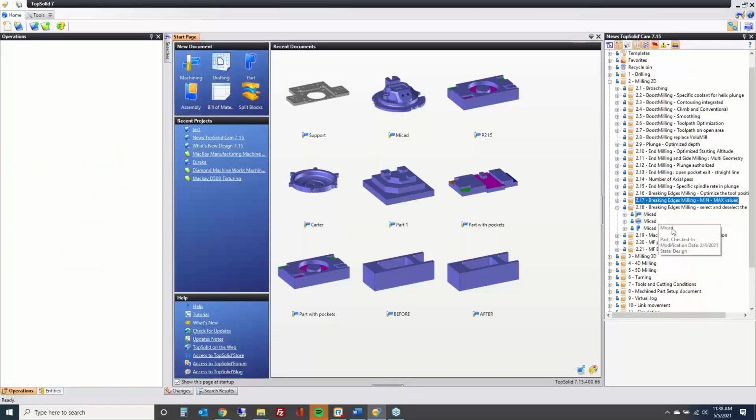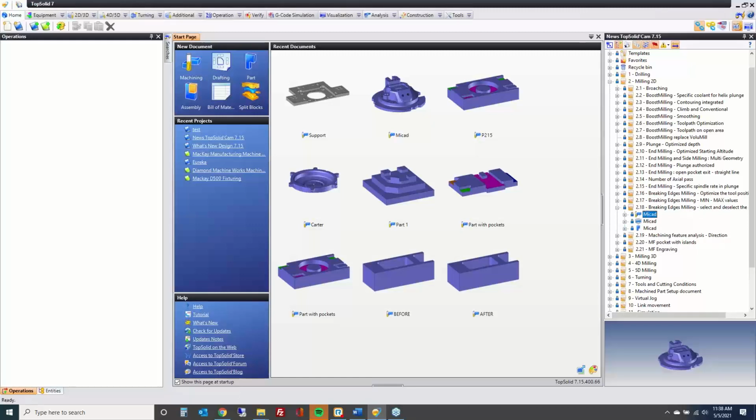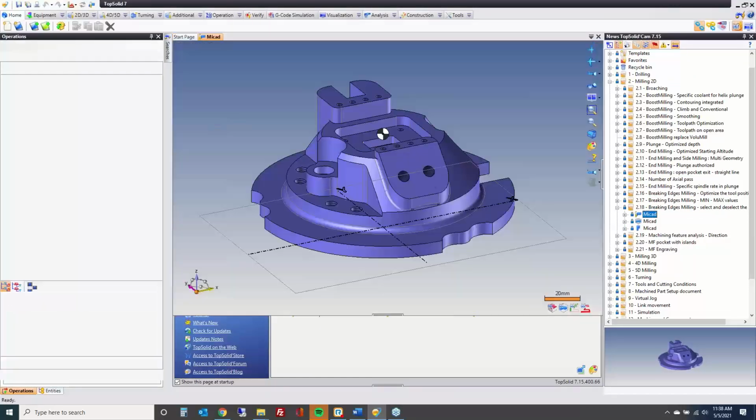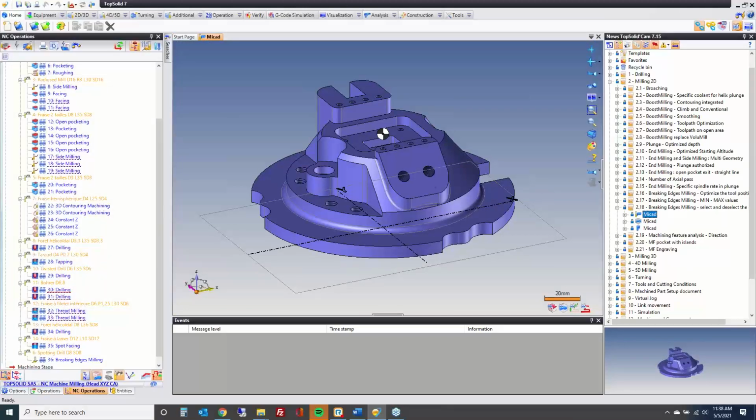All right, next we have breaking edge milling, select and deselect. So basically one of the things we wanted to do with this is this. In 715, the purpose of this improvement is to allow the selection and deselection of automatically generated geometries without them disappearing. What do I mean? So if I go here to breaking edges,